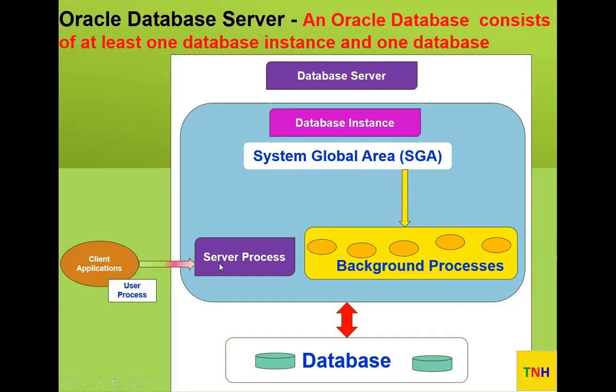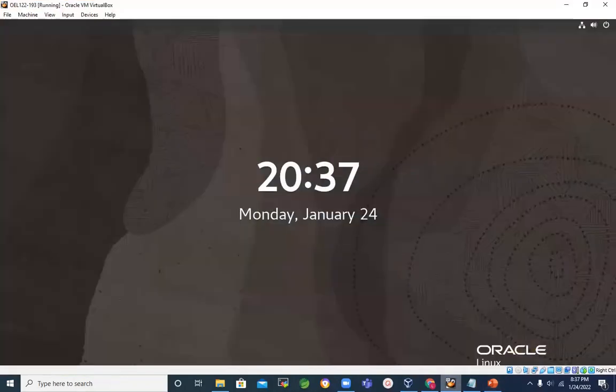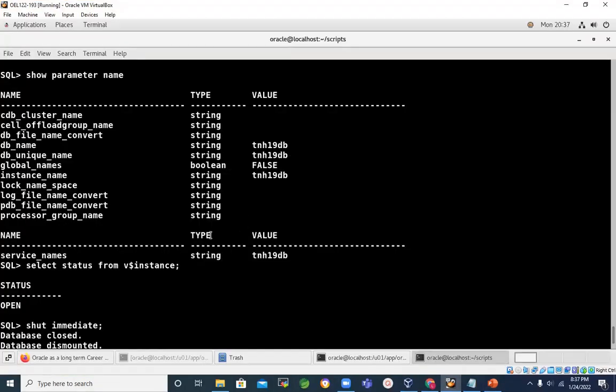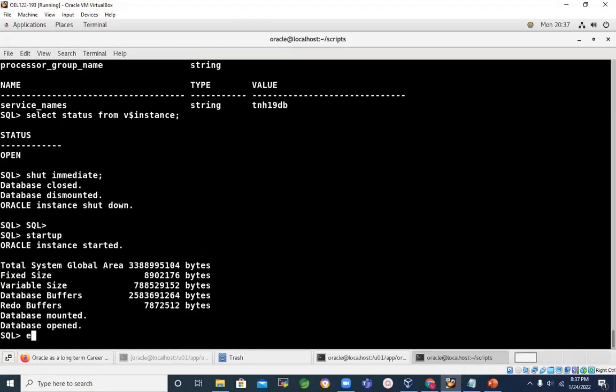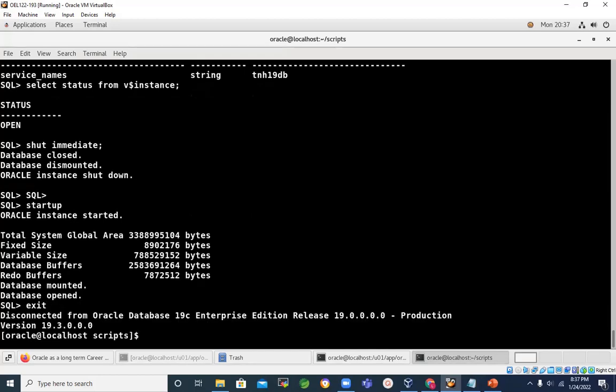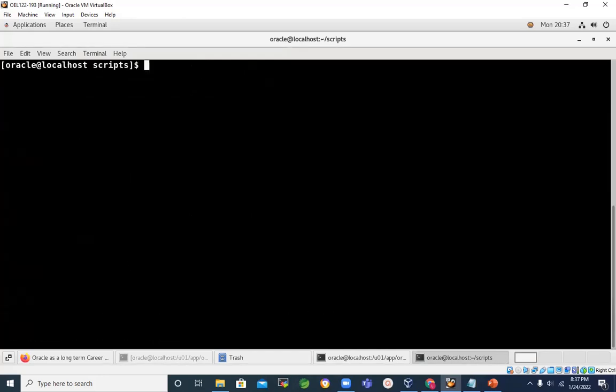Let's say a user wants to connect to the database. So how? Okay, now let's say you want to connect. Now I'm going to connect here. Now here I have already connected. Now I'm exiting, clearing. Now I want to connect. Now whom as whom? Sys as SYSDBA. Now in this case,